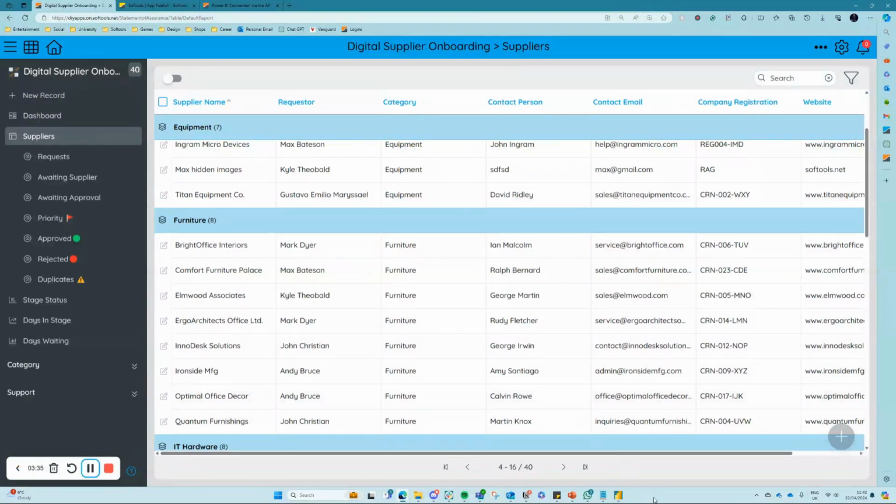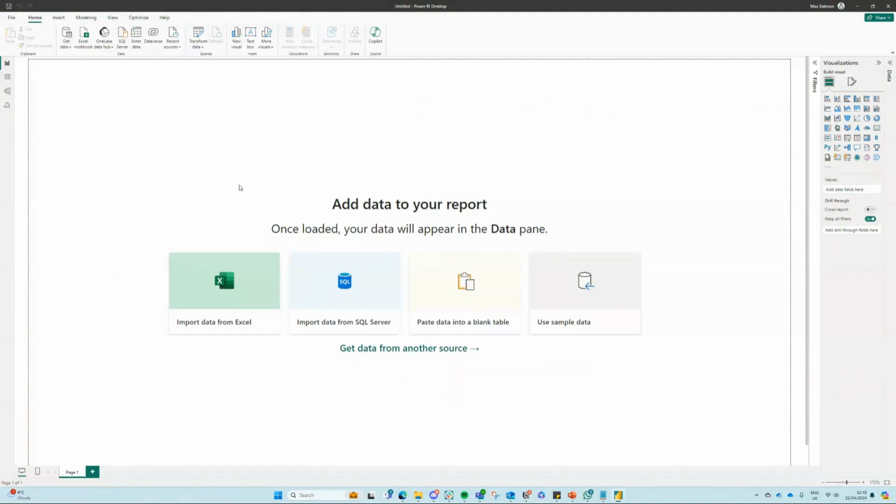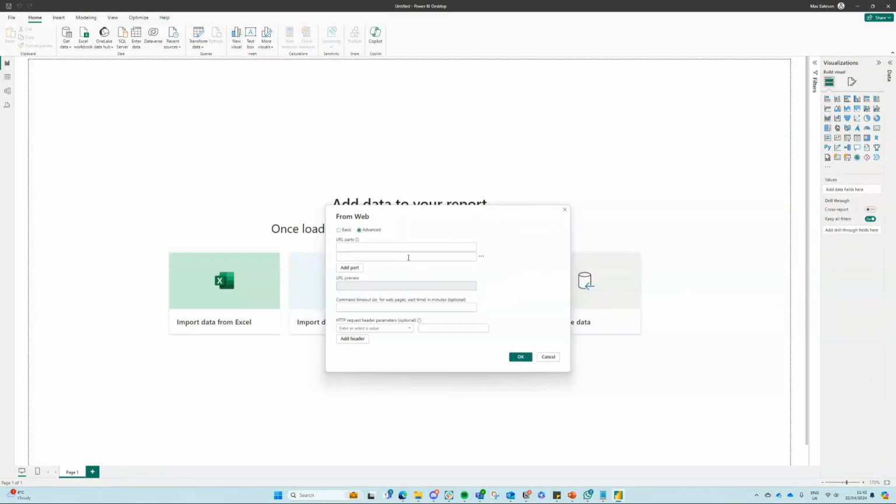Next, you're going to want to open up your Power BI desktop application. Once you've opened up the desktop application, you can then start by getting your new data. So go to Get Data in the top left here, select Web. You then want to select Advanced, and then you want to put in the base URL. So for my example, you can grab this